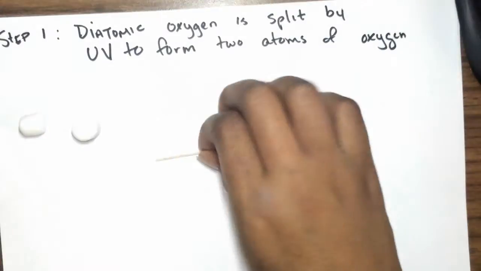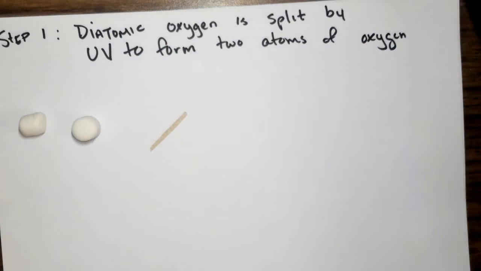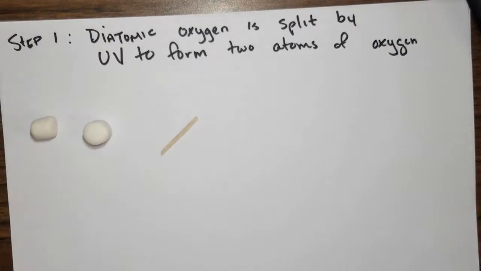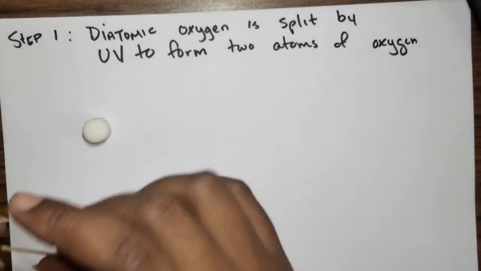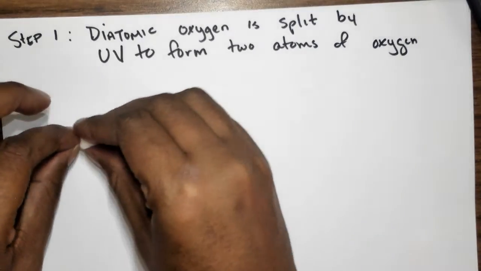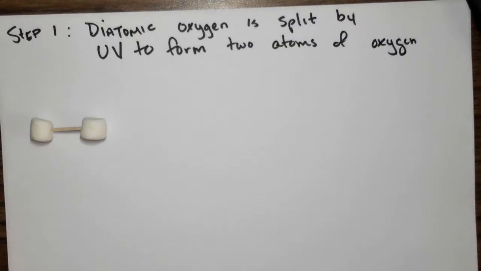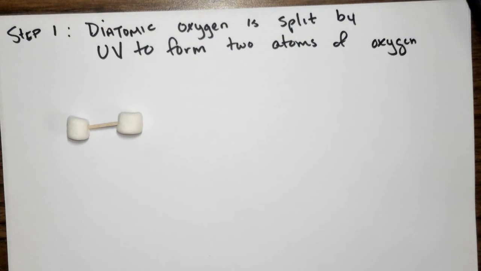I don't like them when they're really long like that, so I always like to break them in half, because when they're really long it's kind of weird. So I'm going to make diatomic oxygen. You want to use the same colors? Yes, I do. So there's my diatomic oxygen, and let me go ahead and label it